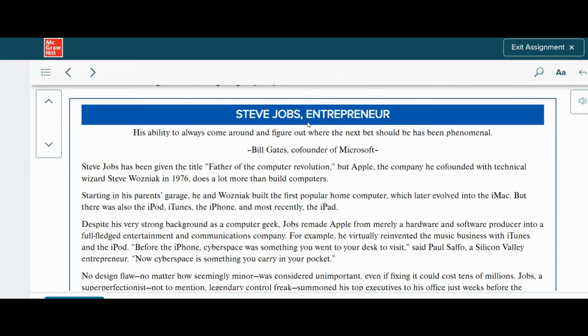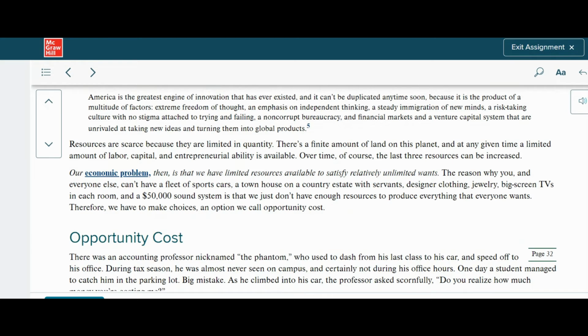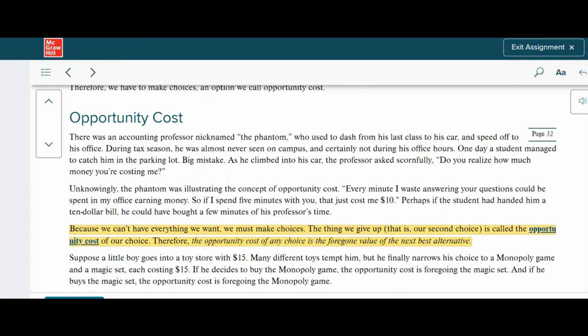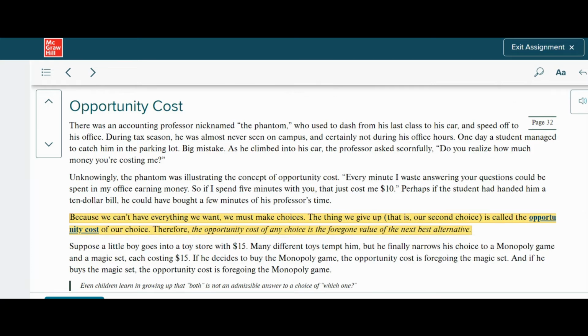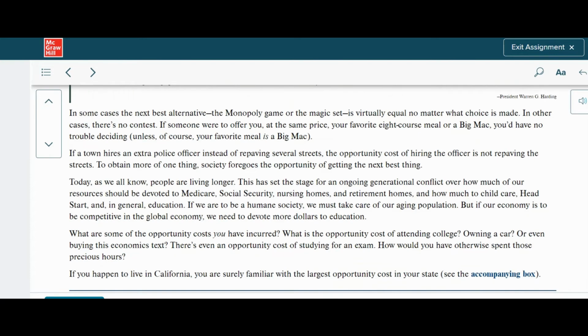Steve Jobs is dead. Steve Jobs used to be an entrepreneur. He's not an entrepreneur anymore, so he's not a valid example, and I don't understand why your author did this. Again, Mr. Slavin and I do not see eye to eye on a number of things, and that's part of the reason why I'm not always thrilled with this particular author's textbook, but it's got other good technical merits here. He does cover the concept of opportunity cost very well,